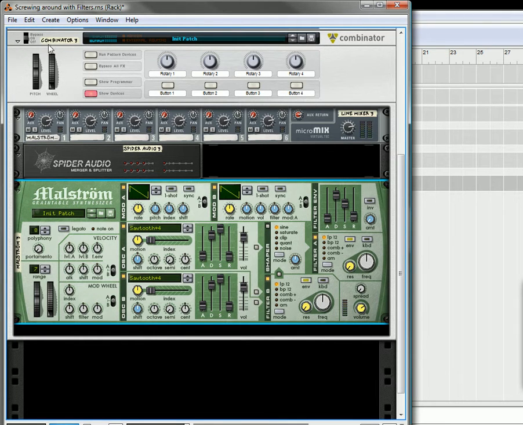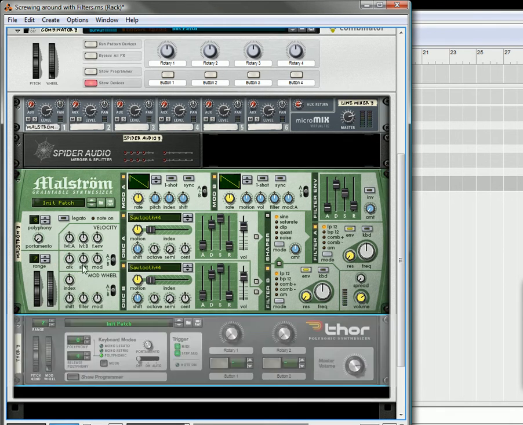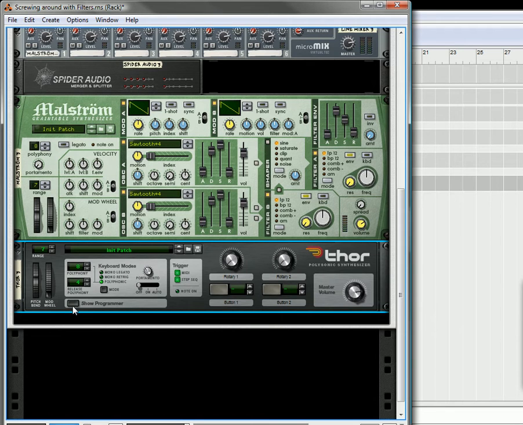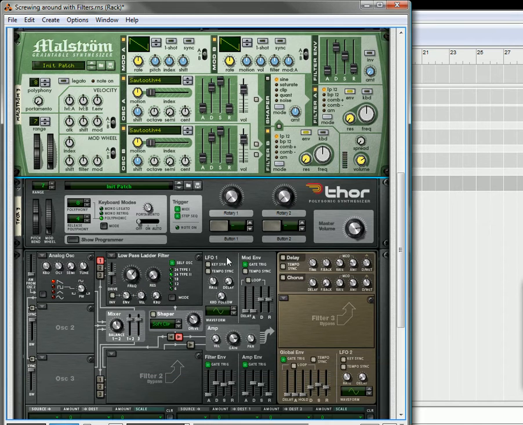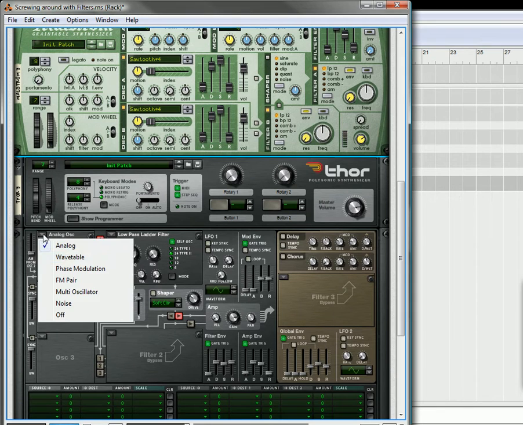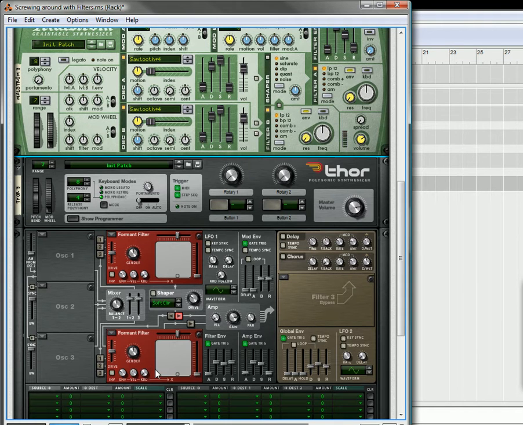Then underneath that, holding down the shift key, we're going to create a Thor synth. The reason we're going to use Thor is because if you look in the Maelstrom, there's no such thing as a Formant filter. You have an LP filter, BP, comb, and AM filter, but you don't have a Formant filter. So we're going to use Thor down here as a Formant filter to process these sawtooth waves from the Maelstrom. So put in a Formant filter here, and another Formant filter here,